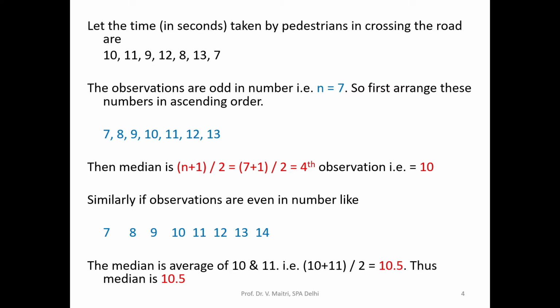Now similarly, we add one more data point into this, 14 is being added. So now it becomes even in number. So now the median is the average of 10 plus 11 by 2, that is 10.5. So our median is 10.5. So the centralmost two values, in the case of even, we have to take the average of that. The centralmost two values here are 10 and 11, and we know how to find the central values.